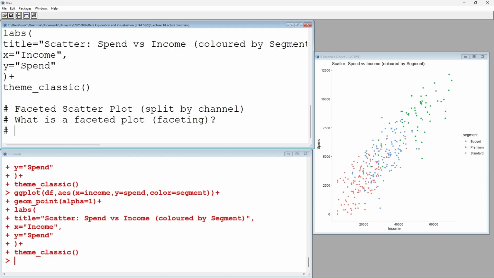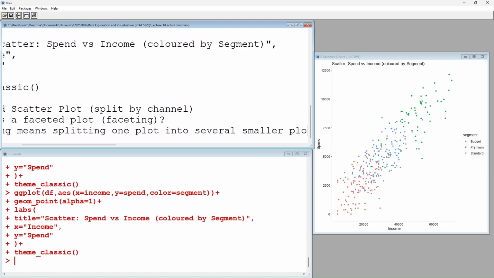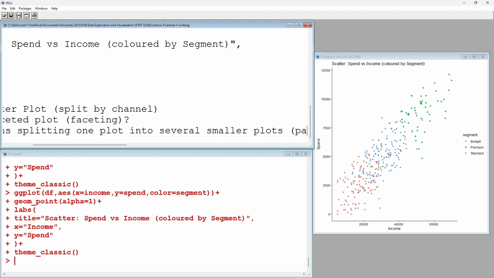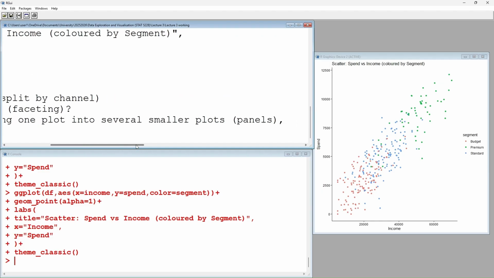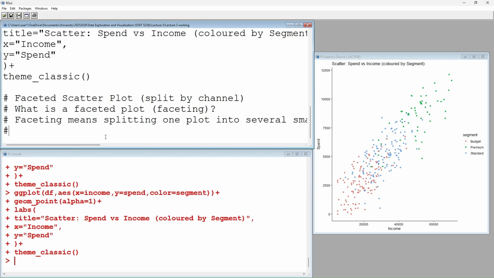When we talk about faceting, faceting means splitting one plot into several smaller plots that we refer to as panels generally, using obviously a condition,